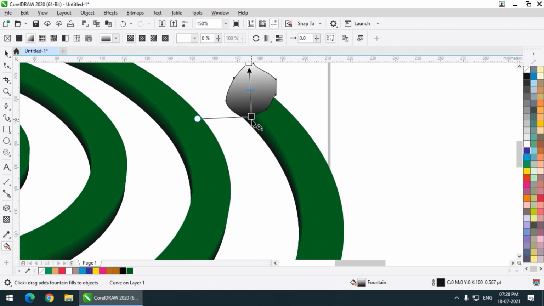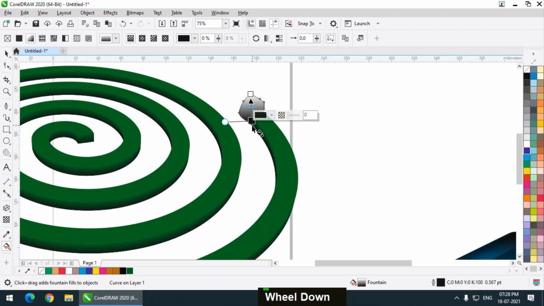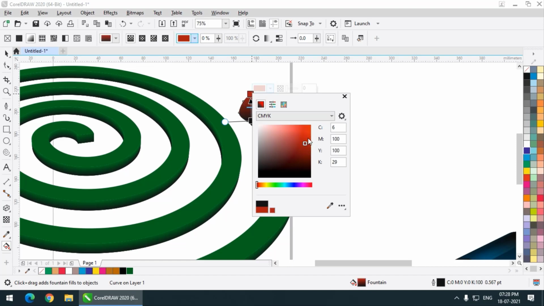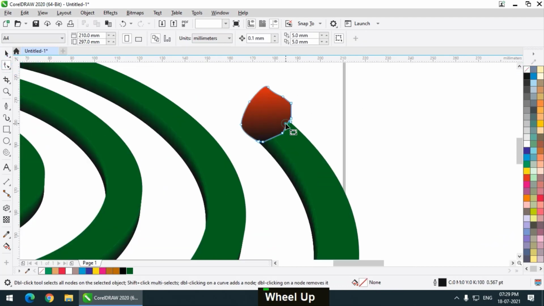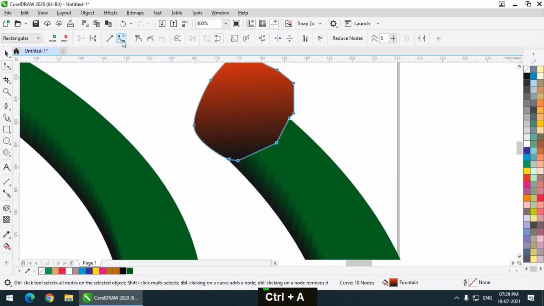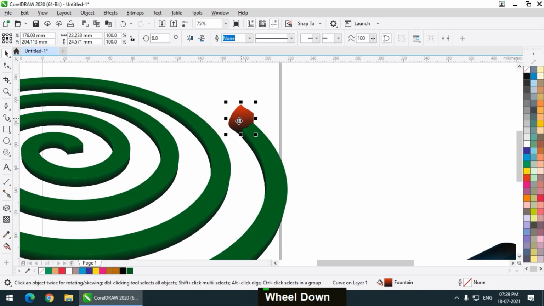This area is basically black and this is red like fire. And if you want to make adjustments, simply press Control Q, convert to curves, and you can make adjustments as per your liking. So this is how it will look.